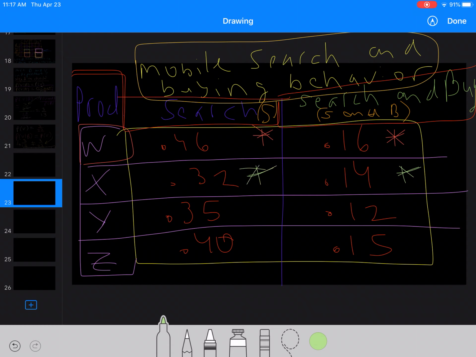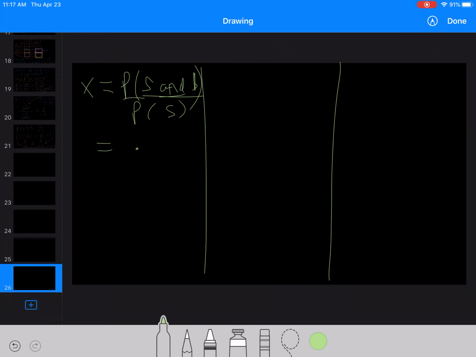And the probability of S on that product search is 0.32. So it's going to be 0.14 over 0.32. And that's going to be